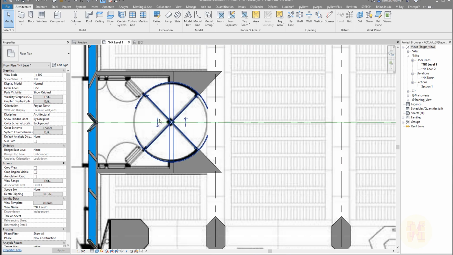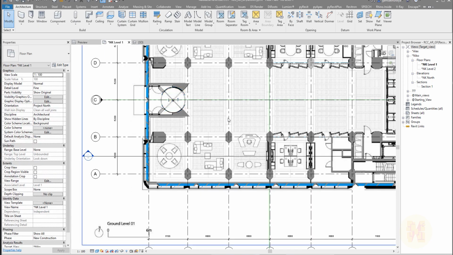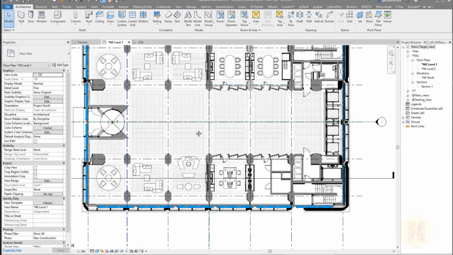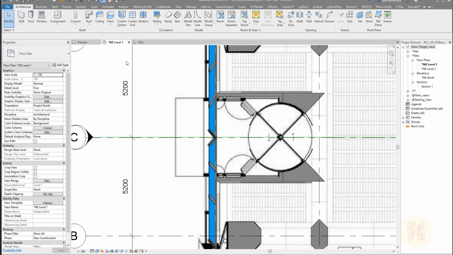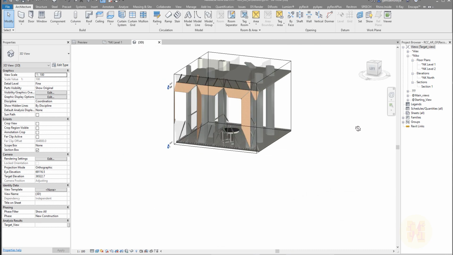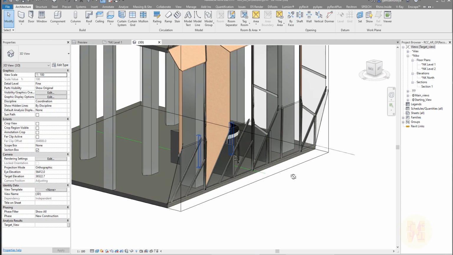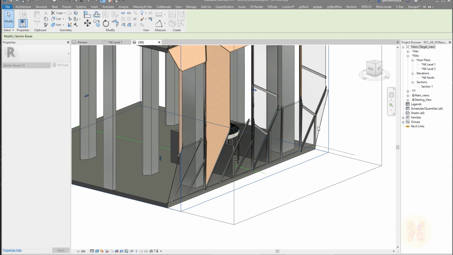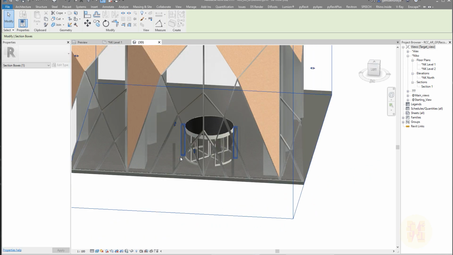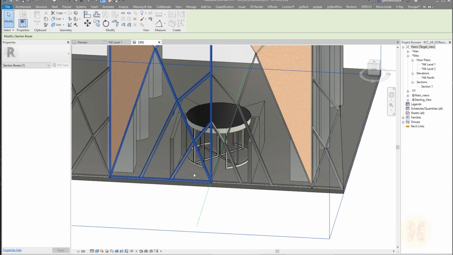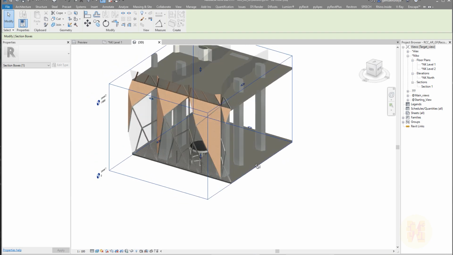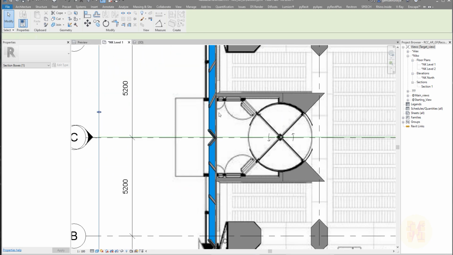Let me go to the first level. Now it's much better than it was before. Here actually we should also change the panels, but as I said, we will do it later, because the panels here are not like that. We should make the entrance panels, but we will do it at the last point, not right now. Let me go to the first level,